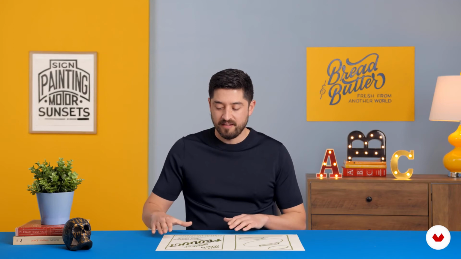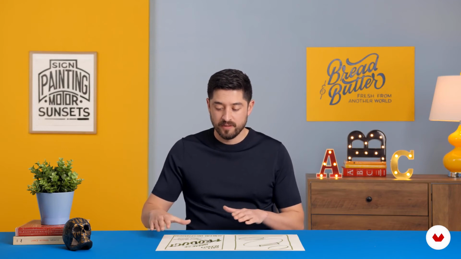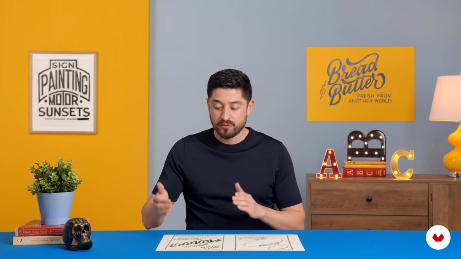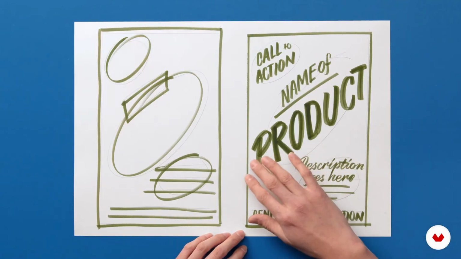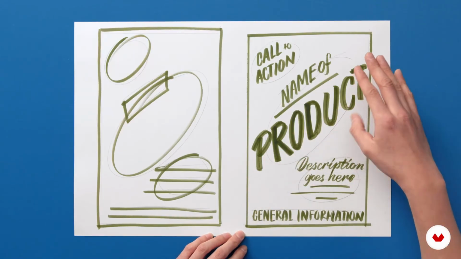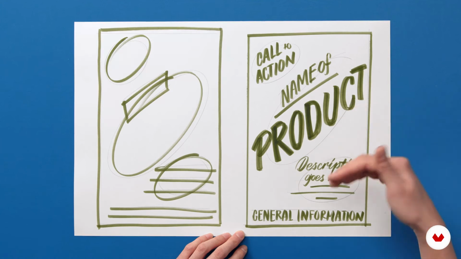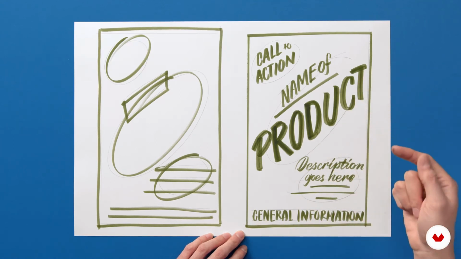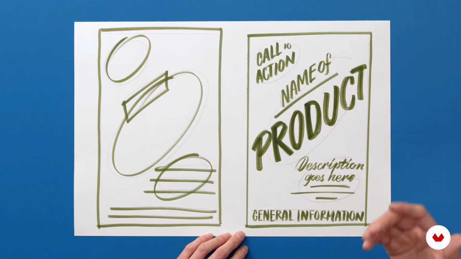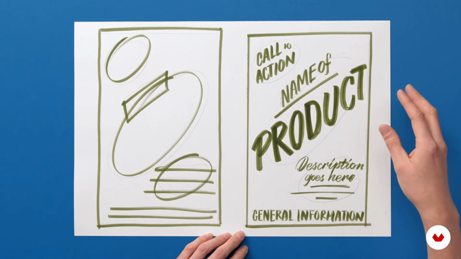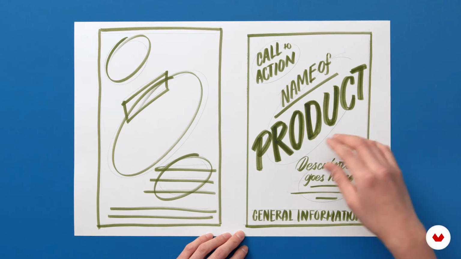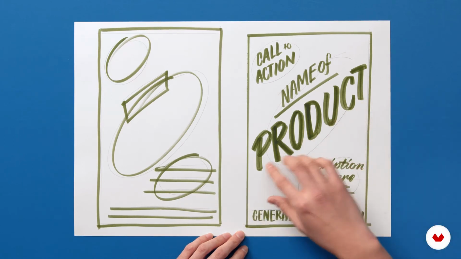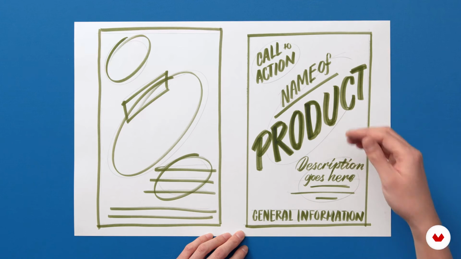Hierarchy in this case is also telling the viewer or the buyer where to start to read. If you think of this part first, we'll start the reading as name of the product, followed by description, and then we'll finish here because that's dictating how I want the viewer to read the whole message. Nowadays, we've been told that users are not really reading what is on the packs. And that's why we are asked as designers to have the product of the name quite prominent.